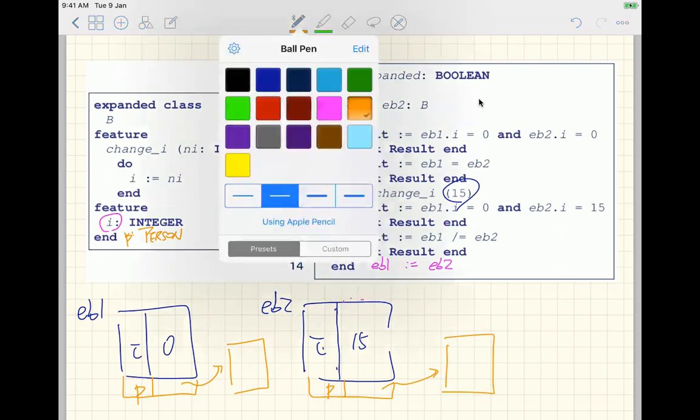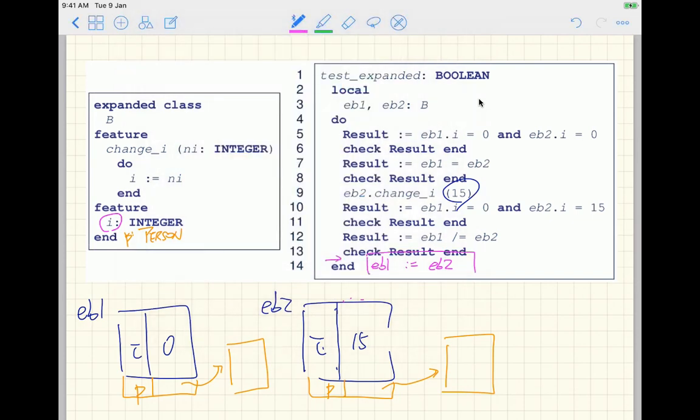If you look at the pink line again, EB1 is assigned to EB2. EB1 and EB2 are expanded types, which means it's going to copy attribute by attribute for you. It's as if you write the following lines: EB1.I is assigned to EB2.I, and in that case we know pretty well it's just going to put it like this, right? As we saw. Another line would be